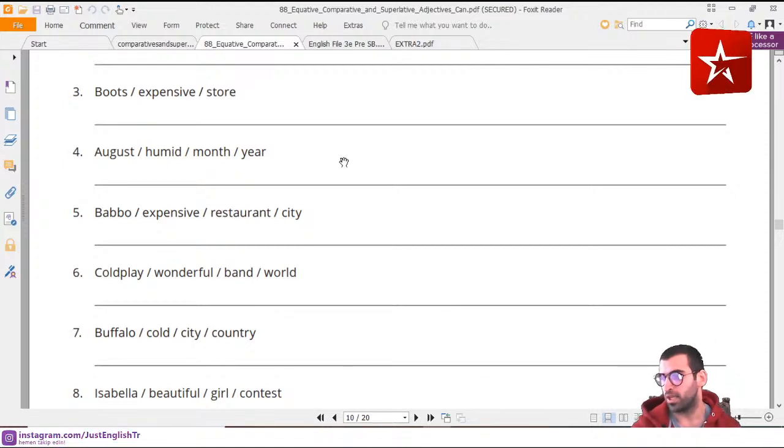So Ozan Uludağ says August is the most humid month in a year. No, it's not correct, Mr. Ozan. Azme says... I don't know what she wants to write. August is the most humid month in a year. Mehmet Olkaç, your answer is a false answer, by the way. August is the humidest month in the year. No, it is false. Kadir Güç Bilmez, August is the most humid month in a year. No, it is false. It is false.